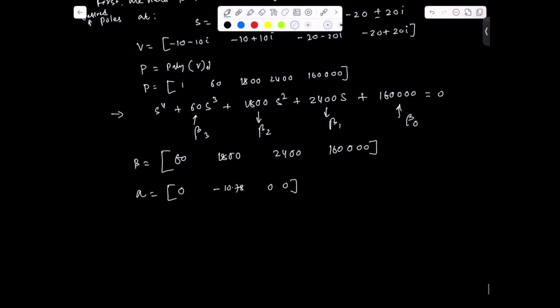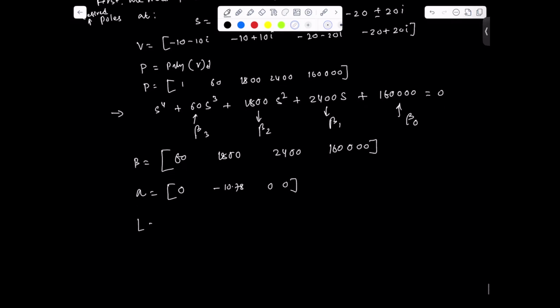So now we can find L, the observer gain matrix. We know the equation already: L equals the beta-modified A, into A dash, into N inverse,